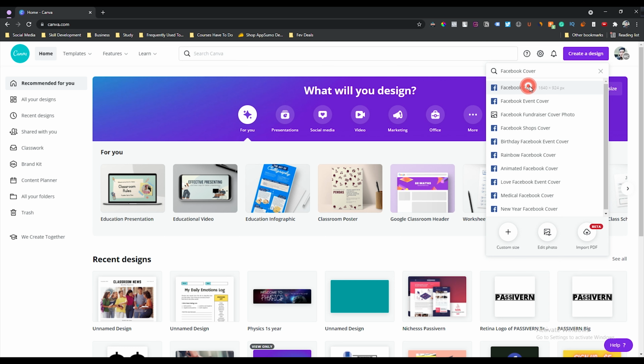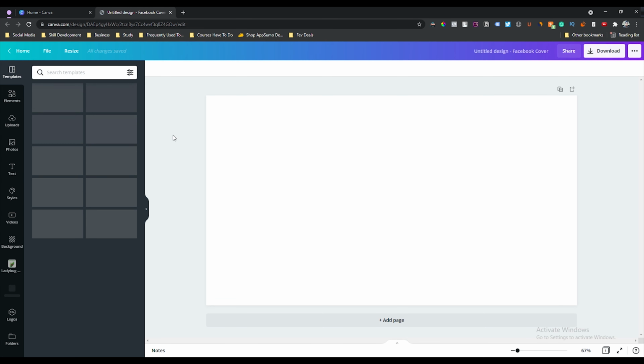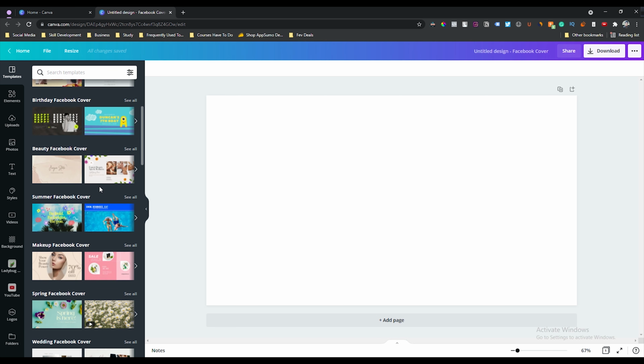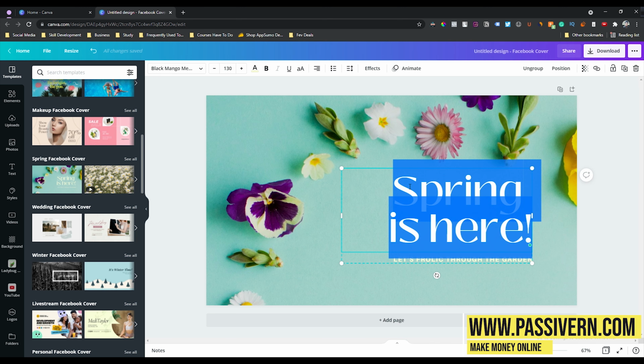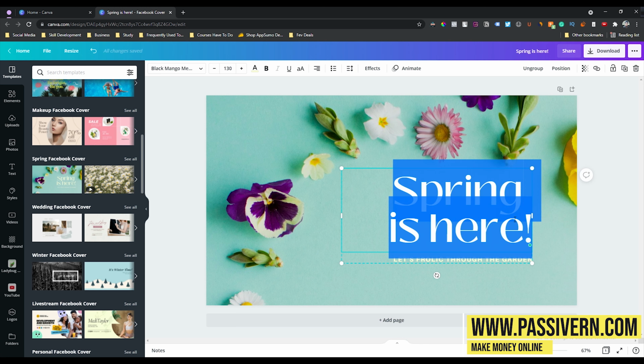There are plenty of pre-made templates, guys, and these templates are amazing. Suppose I'm taking this template. Just click on the template that you like and you can edit any writings and any image from here. Suppose I will write here.